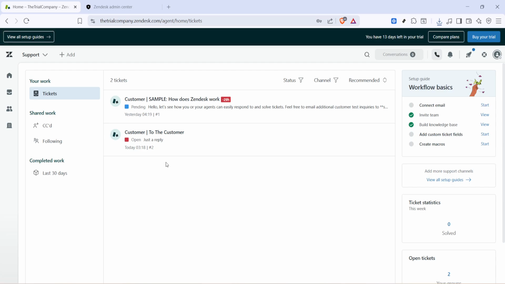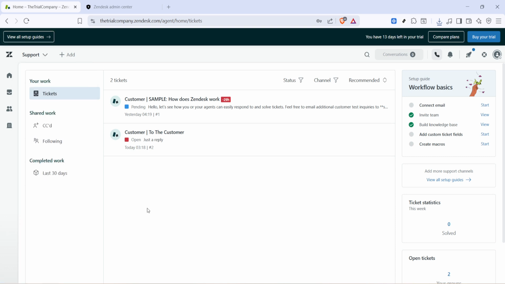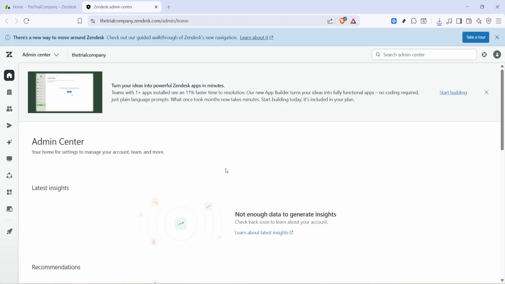Look to the top of the page for the small drop-down arrow. This is the menu that gives you access to product and admin options. Click that drop-down to reveal more choices. From there, select Admin Center. This opens the centralized place where all your configuration, security, and apps live, so it's the right spot to manage